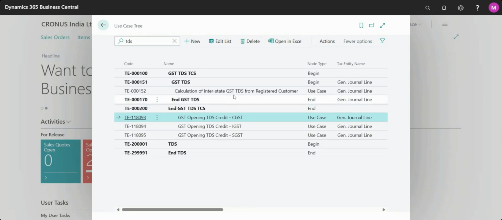This scenario, calculation of interstate GST TDS from registered customer, you will not find in a purchase or sales document, because this is related with the customer, and this is not useful and covered under the sales document. But if you want to create any kind of voucher entry, you can use it, because this will work on general line.